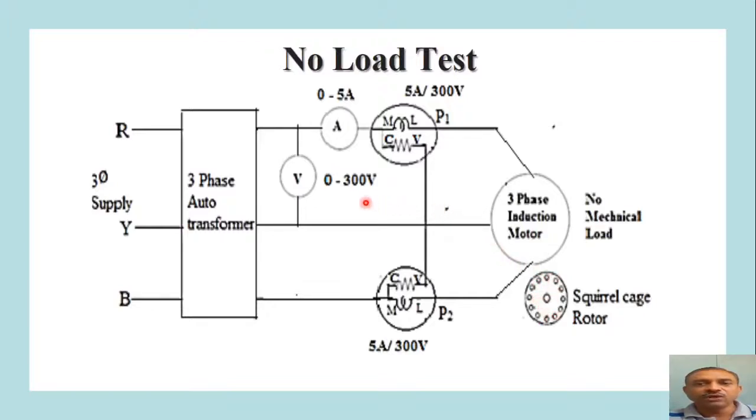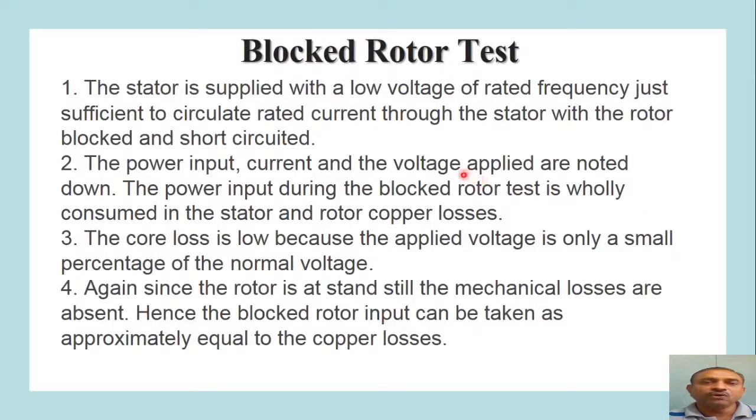Now to record the current, voltage and power, these 4 meters are connected. The motor under test in this setup is of high HP, 415 volt rating, so the meter ratings are also mentioned here. The current will be measured by an ammeter of 0 to 5 ampere. The wattmeter we require is of 5 ampere and 500 to 600 volt. So this wattmeter will provide us the no load power input, while the ammeter and voltmeter will read the I0 and V0 parameters.